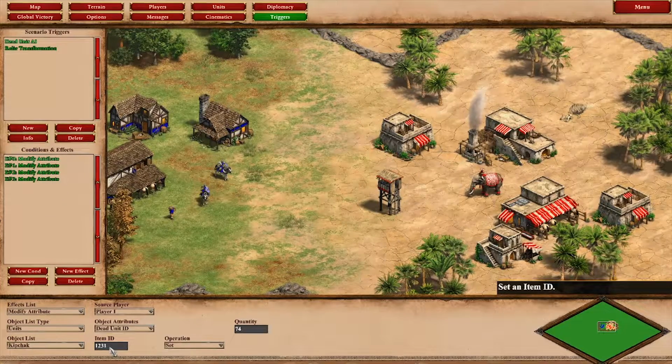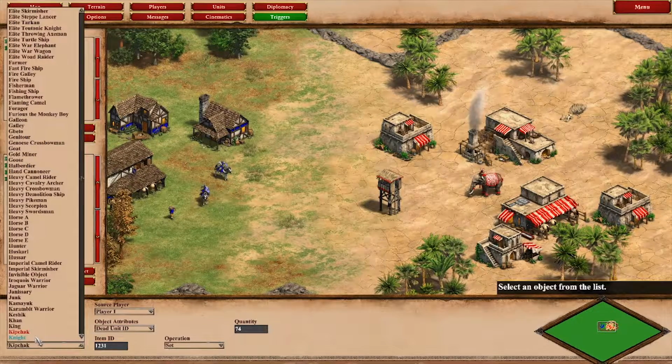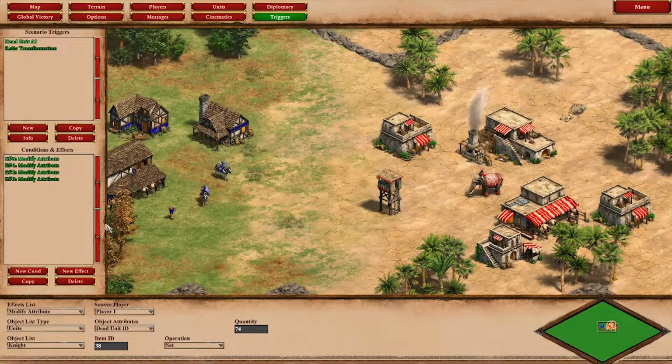For example, the Kipchak has the ID of 1231, and if you want a unit to transform into a Kipchak on death, you would paste 1231 here, but this here is supposed to be a knight. And this applies to all units on the field and all units that will be created later on as well, as long as you didn't change their names or something,